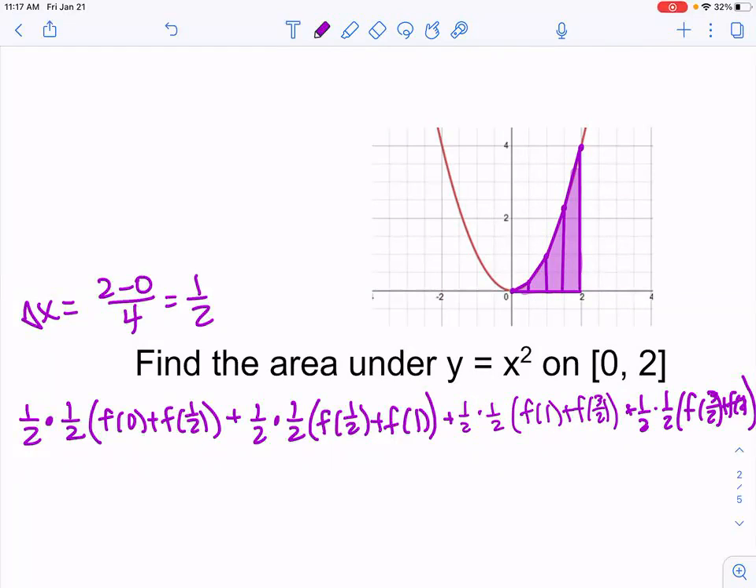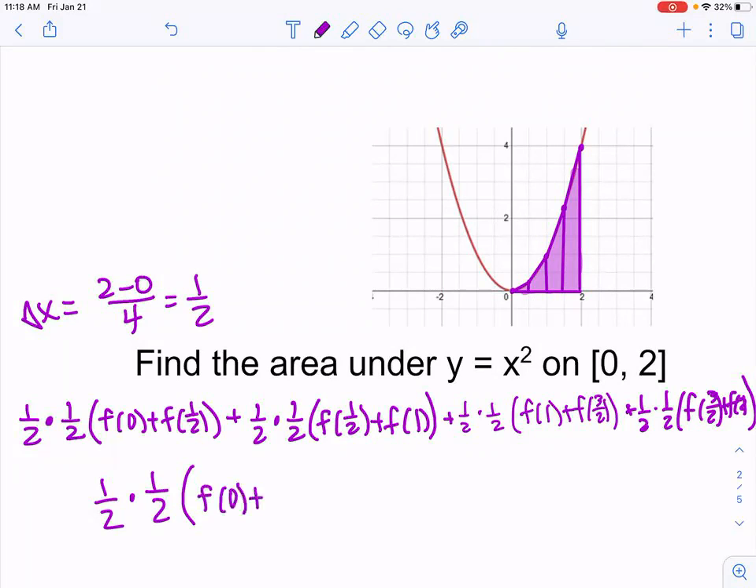Every single trapezoid area has 1/2 times 1/2, right? And I'm going to keep it as 1/2. That's always going to be 1/2. And then the second 1/2, that is delta x. Okay. So we have 1/2 times delta x. Now, when we factor that all out, we have f of 0 plus f of 1/2 plus f of 1/2 plus f of 1 plus f of 1 plus f of